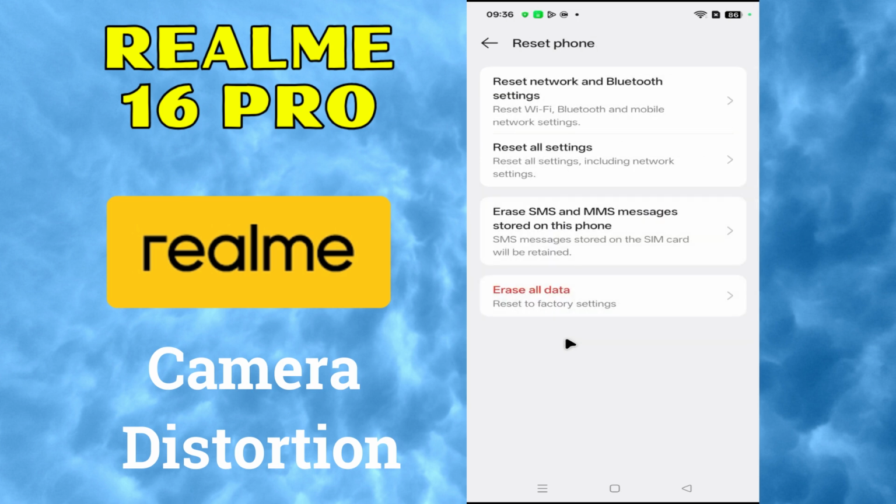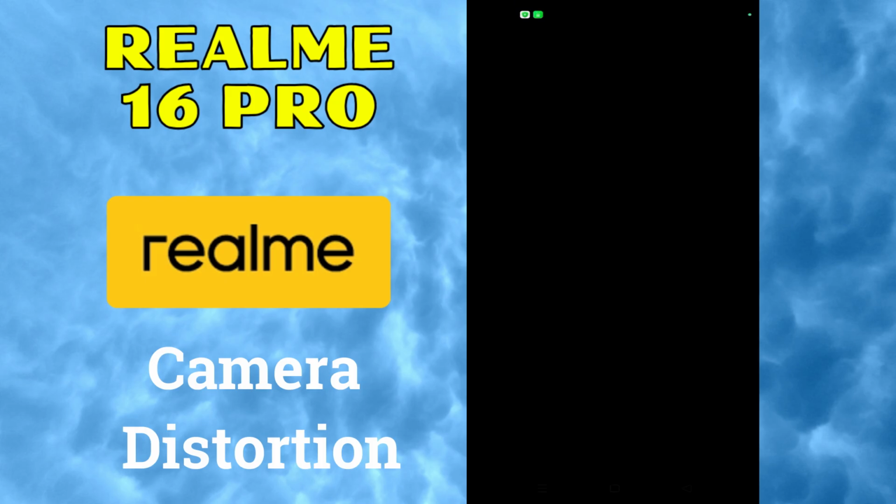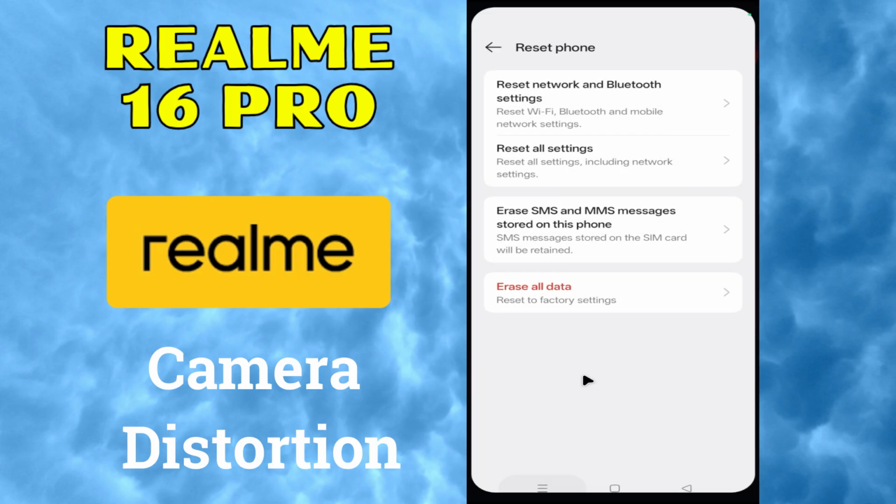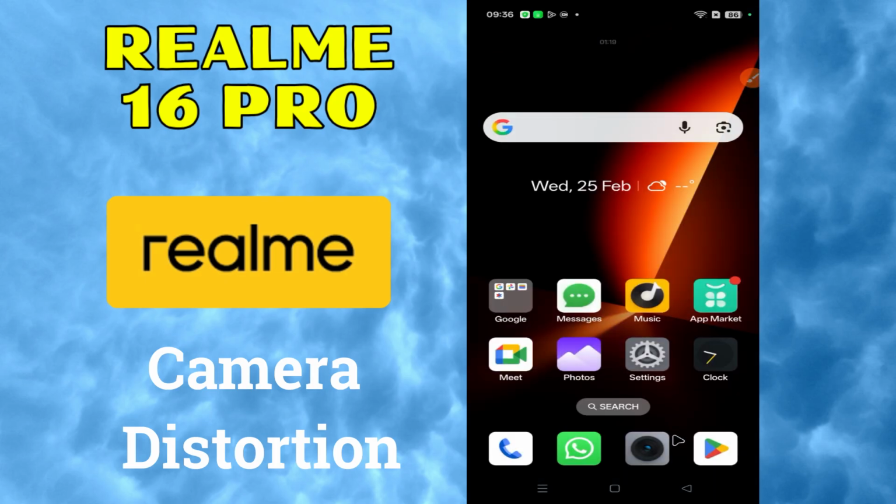After clicking on Reset Phone, click on Reset All Settings. After clicking on reset all settings, enter your phone PIN and click on reset. After clicking on reset, you will see your problem is solved. After the process, if you see your problem is not solved,